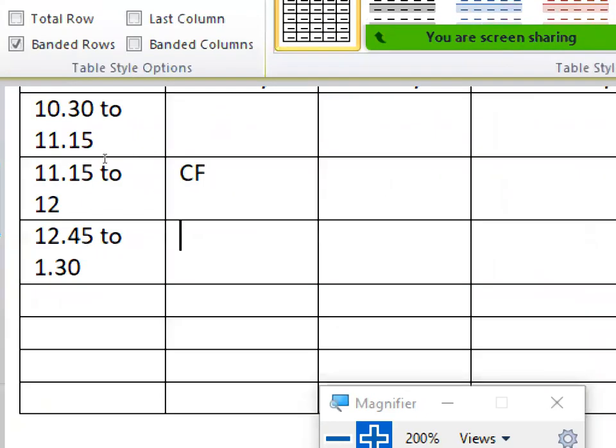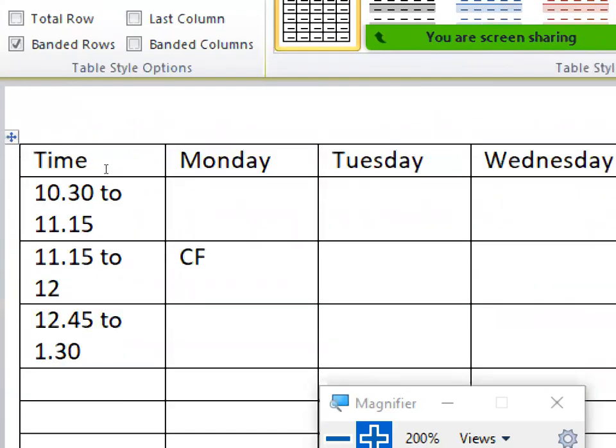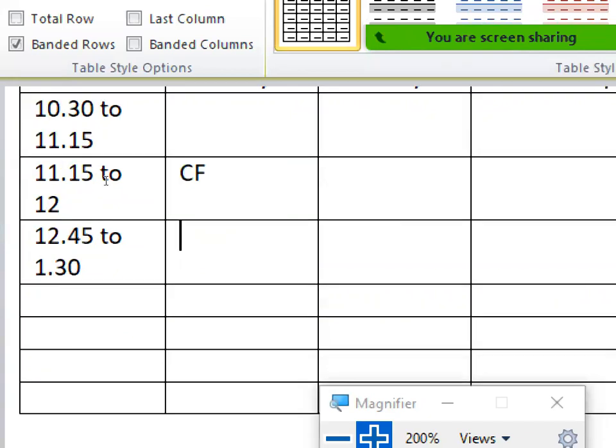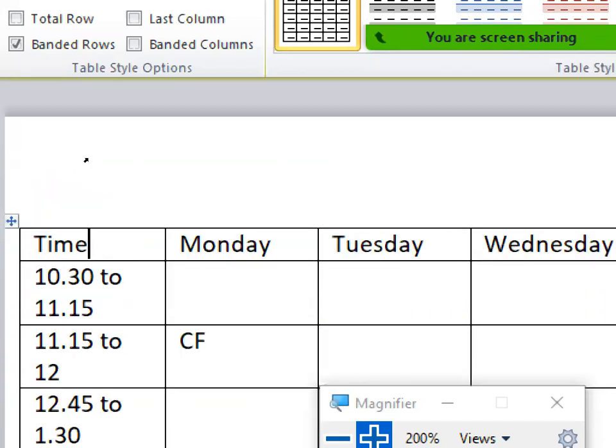This can also be used whenever you want to shift the rows or the cells. Now we will be discussing something called merge cells or split cells. For example, for this entire table, I want to put a name for the table. What is the name of the table? Basically, it is a timetable.